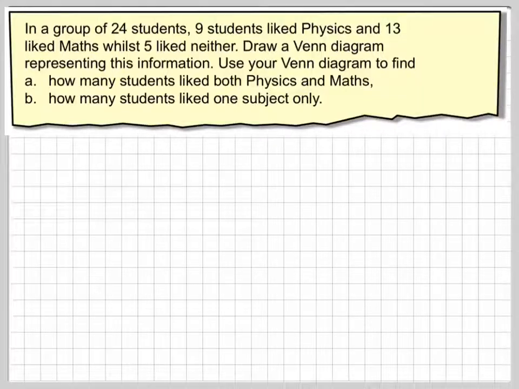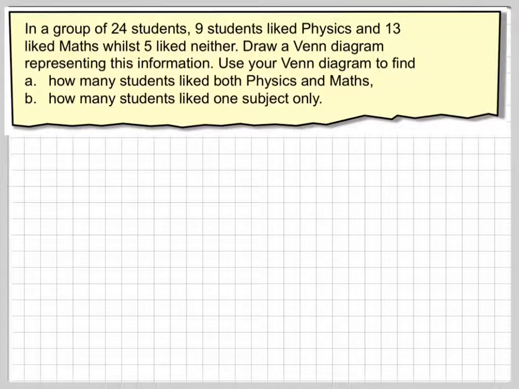Hi, in this video we're going to use Venn diagrams to solve a problem. It says in a group of 24 students, 9 students like physics, 13 like maths, whilst 5 like neither. Draw a Venn diagram representing this information. Use your Venn diagram to find A, how many students like both physics and maths, and B, how many students